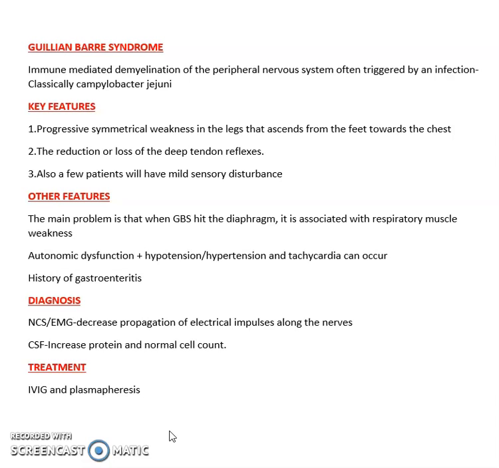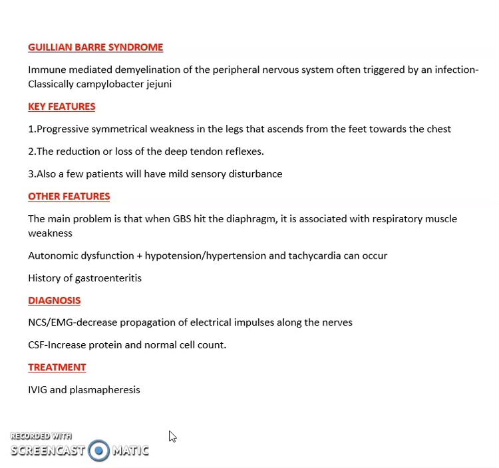Guillain-Barre syndrome describes a condition in which there is immune-mediated demyelination of the peripheral nervous system, and this is often triggered by an infection, classically Campylobacter jejuni infection. And later on in the course of this session, we'll be talking about diarrhea as one of the features of